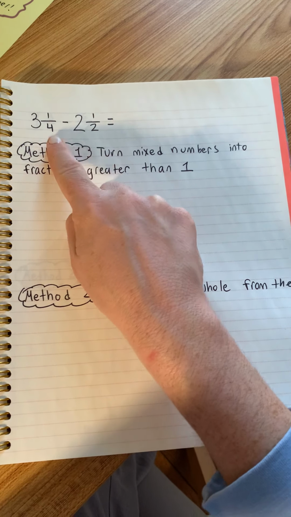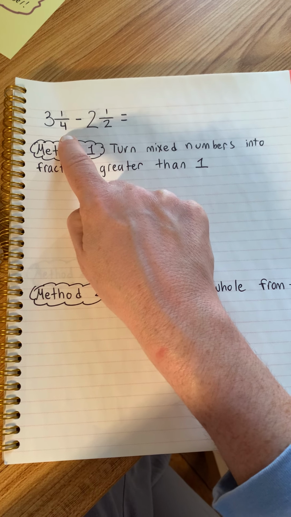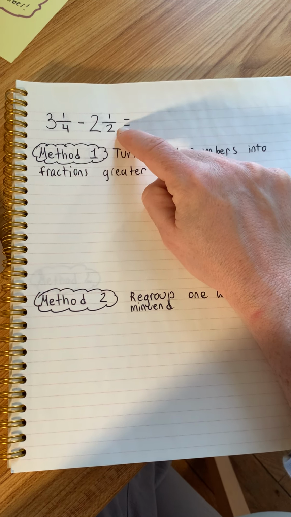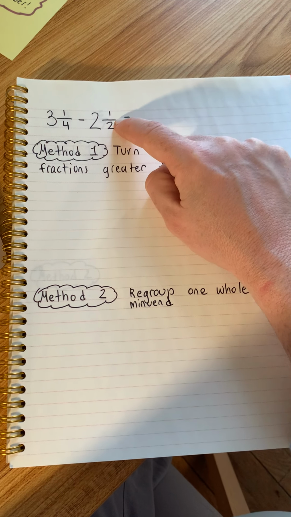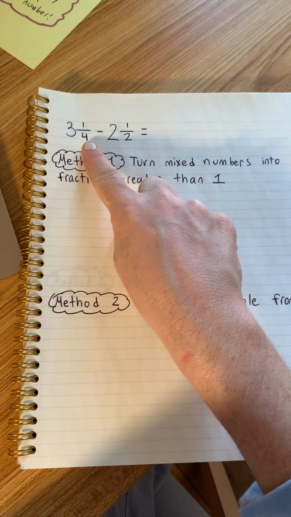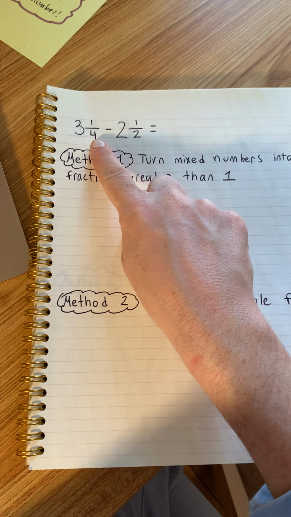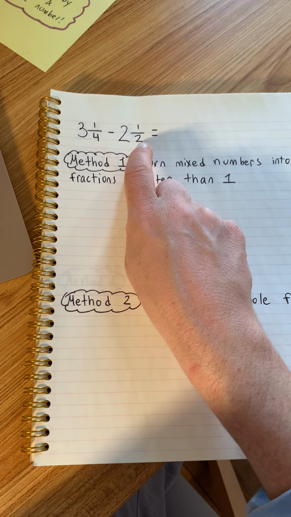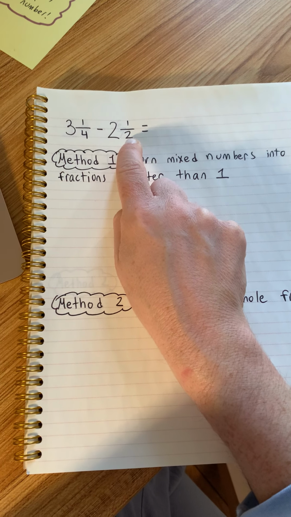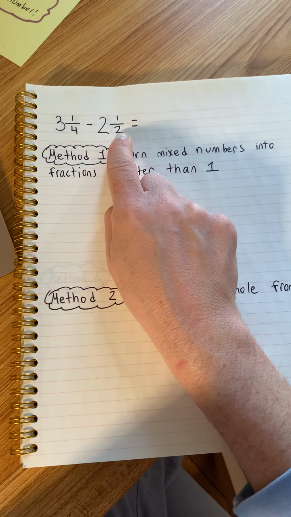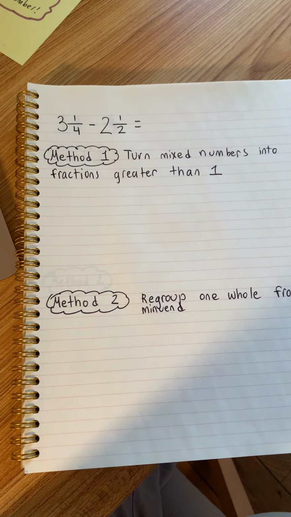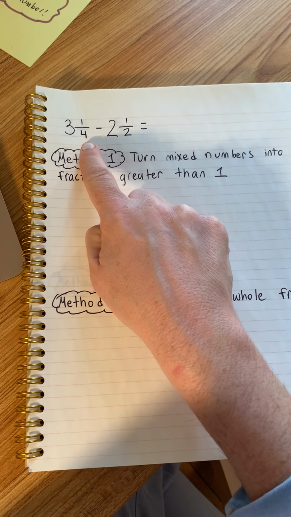If you notice, 1/4 is a smaller fraction than 1/2. If you can do this in your head, you can think of 1/2 as 2/4. So if I have 1/4, I can't really take away 1/2 or 2/4 that easily without doing some sort of regrouping. So if you have trouble knowing right off the bat if the fraction in the